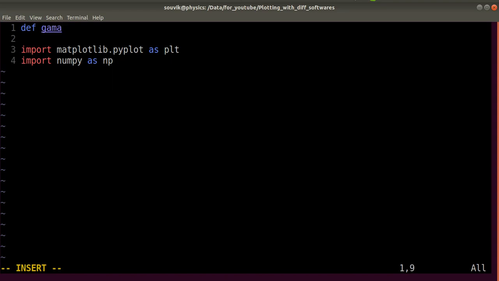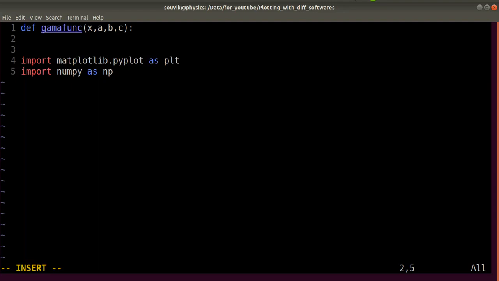So let's define a function. I am going to use the gamma function. This gamma func is just a name, you can give any name of your choice. It has variable x and a, b, c as its parameters, which you have to provide. Now let's define a variable which will save the value of the function for a particular x and these parameters. The gamma function is basically a into x to the power b into exponential of minus cx. Instead of x I am just writing x minus 1, nothing else.